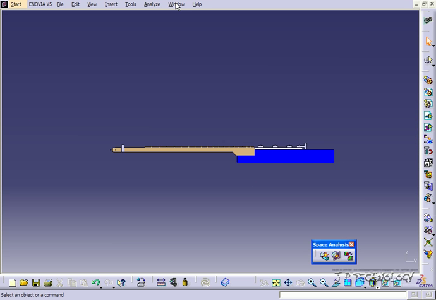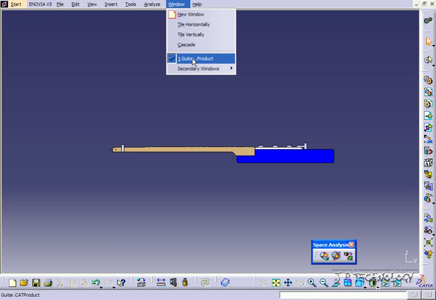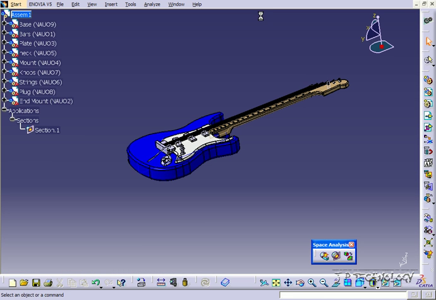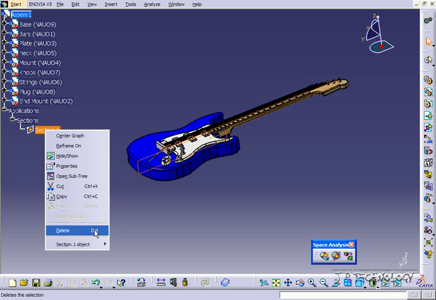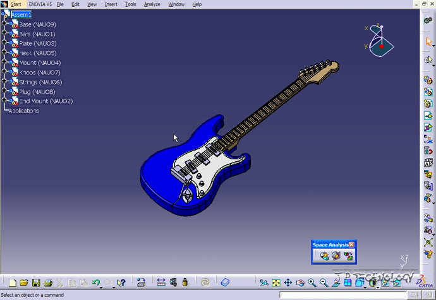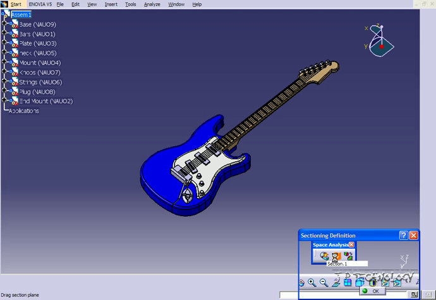So your section view has its own separate window. And if you go back to the guitar, let's just delete this first one that we made, and now that section view is gone. So let's go back into it and let's make a few more. So we'll click Sectioning,